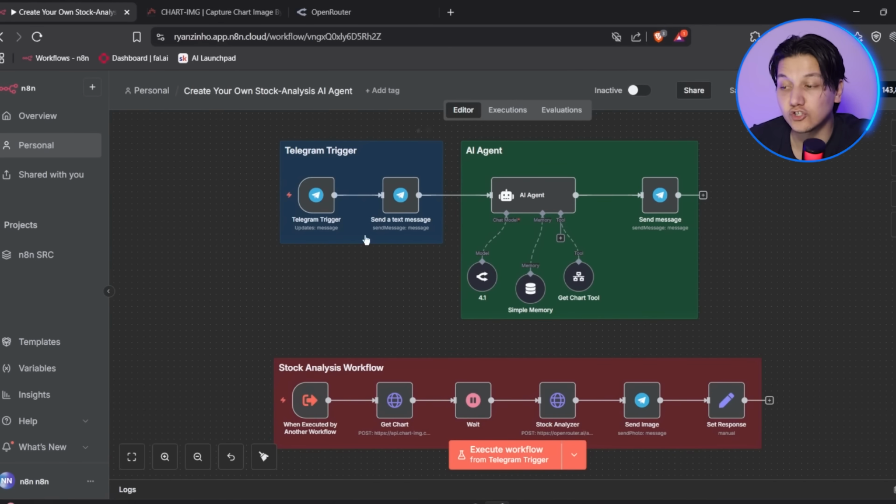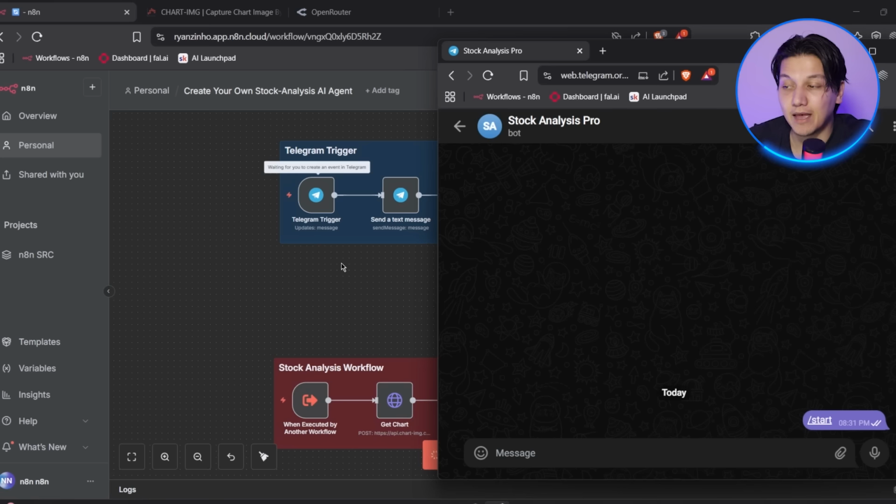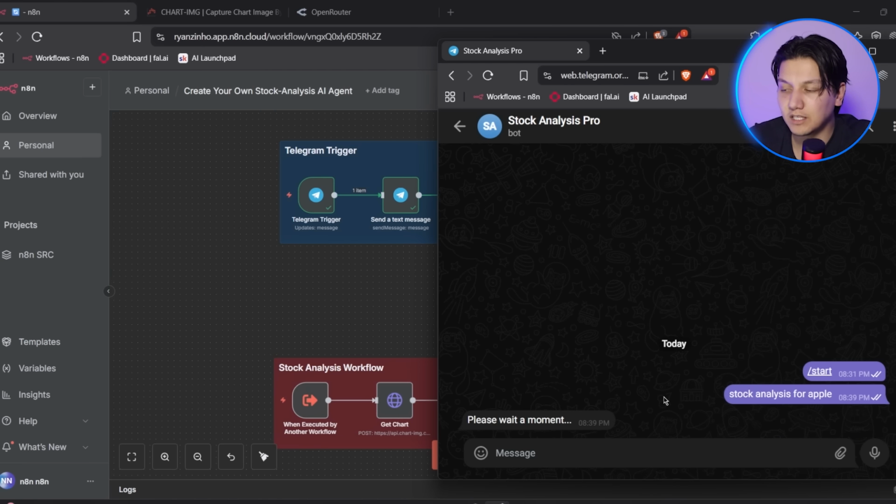Okay, and to test your stock analysis agent, you are going to start by saving your workflow and then activating it in N8N using the toggle switch in the top right hand corner. So then you're going to open Telegram and you are going to find your bot, and then you're going to send it a message, something like analyze Apple or Tesla stock analysis. Okay, and then the bot should immediately respond with please wait a moment as it begins to process